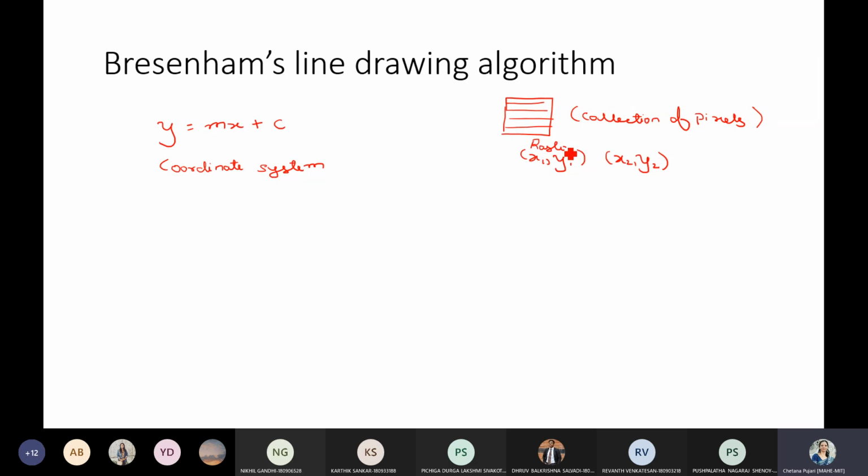Because we are dealing with pixels on the screen, it is known as a raster. What we are actually doing is, so this you can say it is a vector. The equation will represent a vector. So what exactly we are doing is converting the vector representation into a raster representation, in terms of pixels we are trying to represent. Such an operation is known as rasterization.